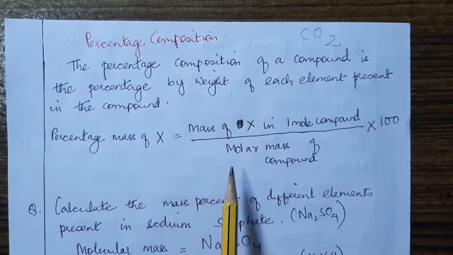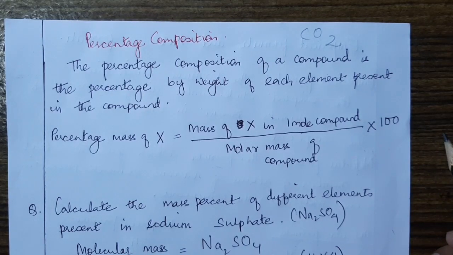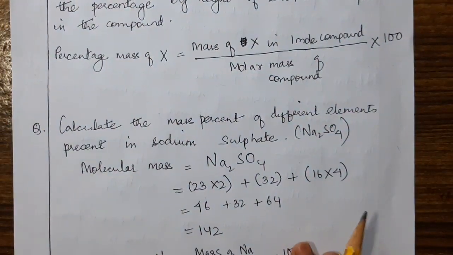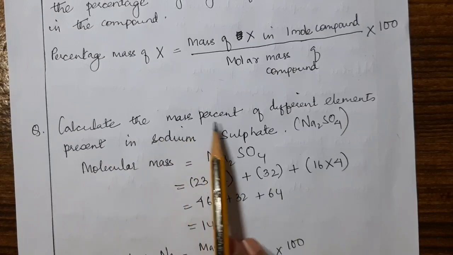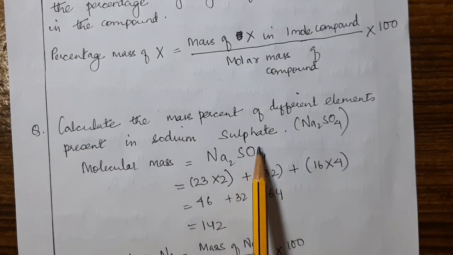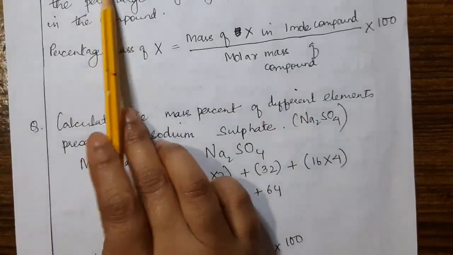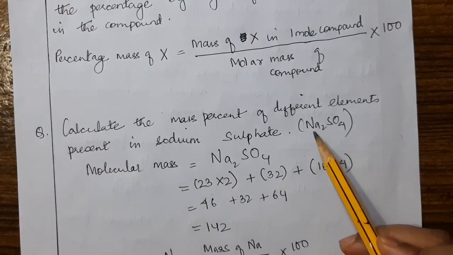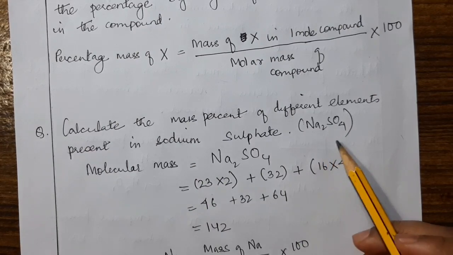Molar mass of the total mass of the compound into 100. Okay, so to understand better, let's try an example. The question: calculate the mass percentage of different elements present in sodium sulfate. We are given a compound, sodium sulfate, and we have to find out the percentage composition, meaning the mass percentage of each element: sodium, sulfur, and